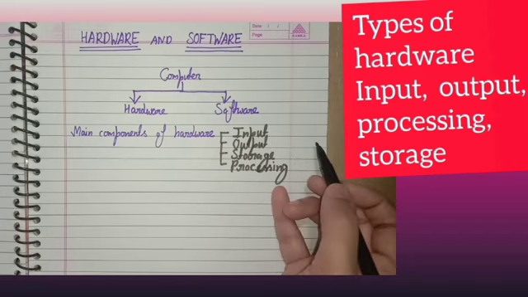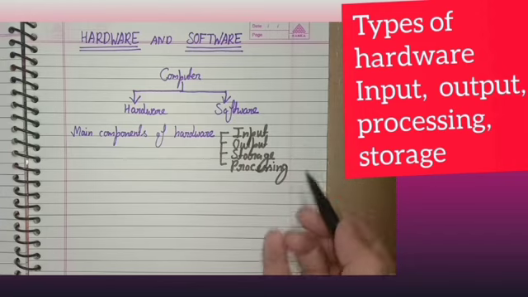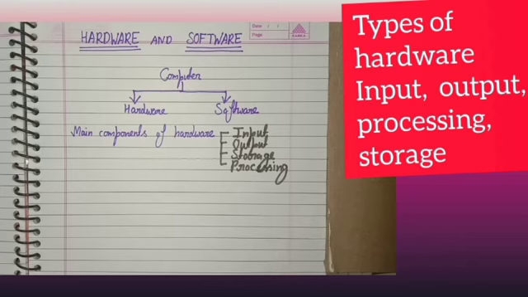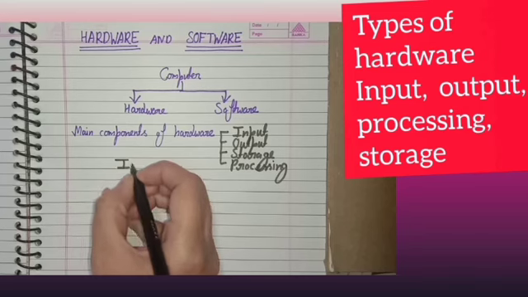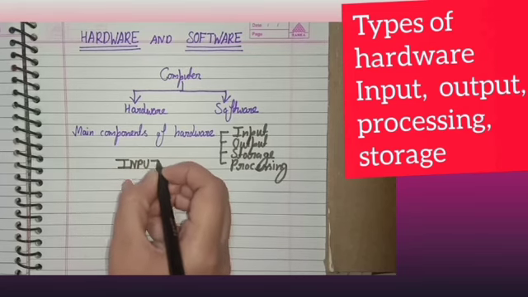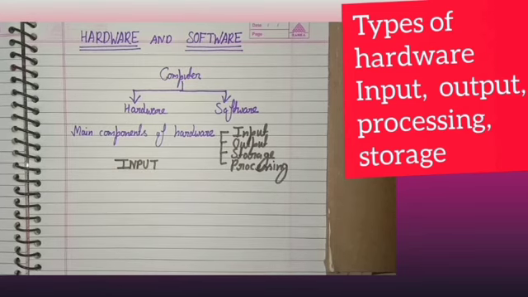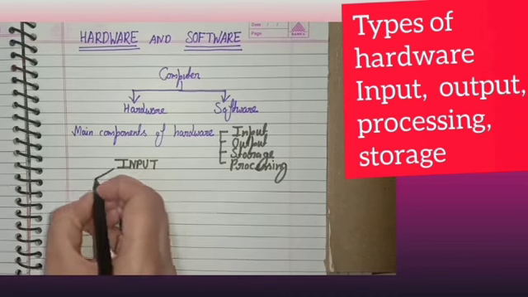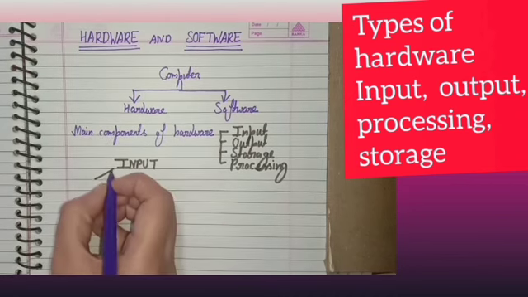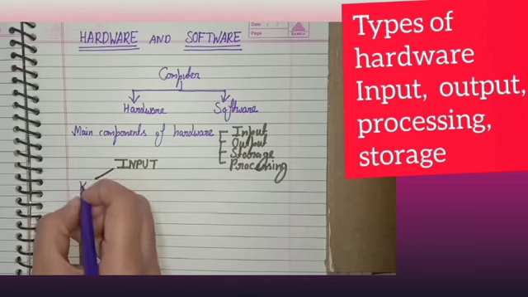Some of them are input devices, some of them are output devices, some of them are detachable storage devices and processing devices. So the first type is your input device. Input devices are devices which allow us to enter data and instructions into a computer to carry out various tasks. For example, we use a keyboard